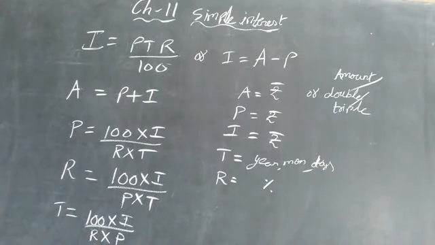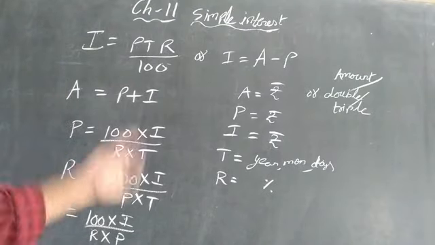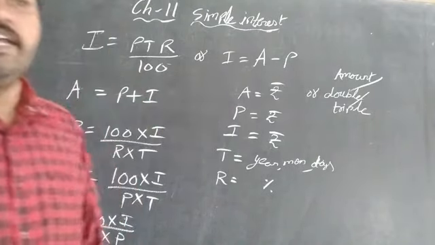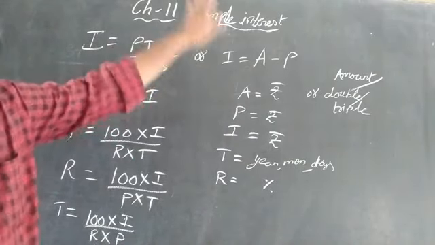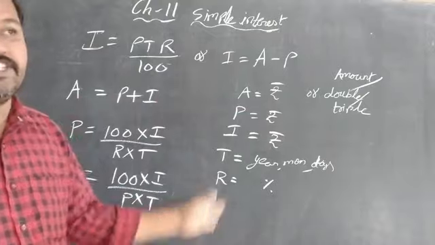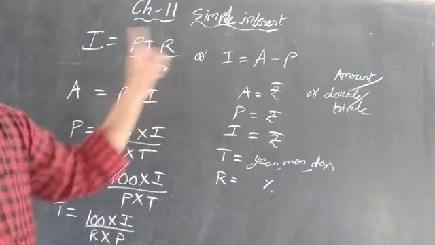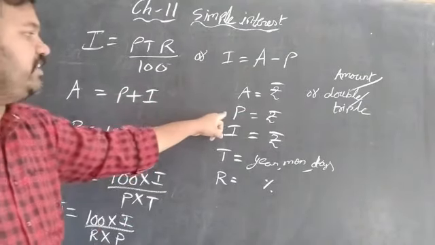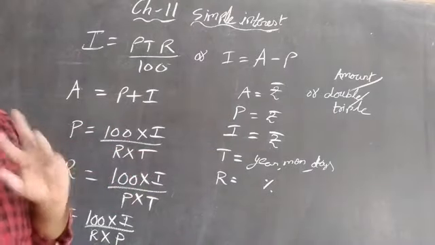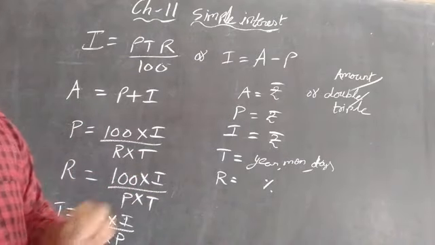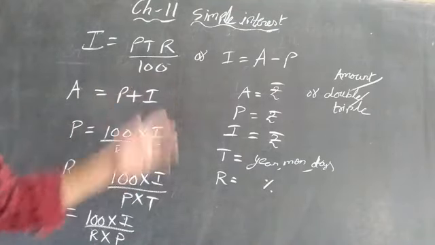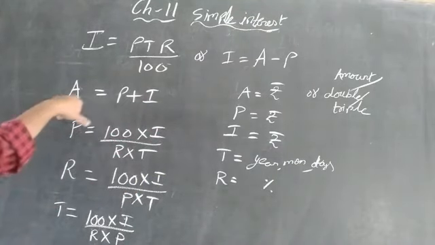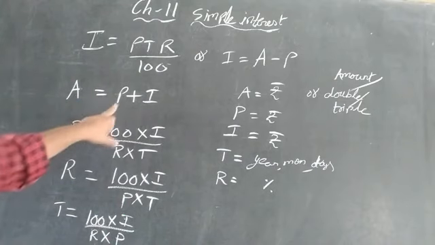First, if you see the word amount in the question, immediately we have to find out the interest. That formula is I is equal to A minus P. Using that formula, we have to find it. So this is the difference between these two: amount is given to find interest. If the amount spelling is not there, then it is principal or interest. How can I decide which is principal and which is interest? Of the two, the smaller one is interest, the bigger one is principal, and the biggest one is amount. Now, the amount formula is P plus I, you already know that.